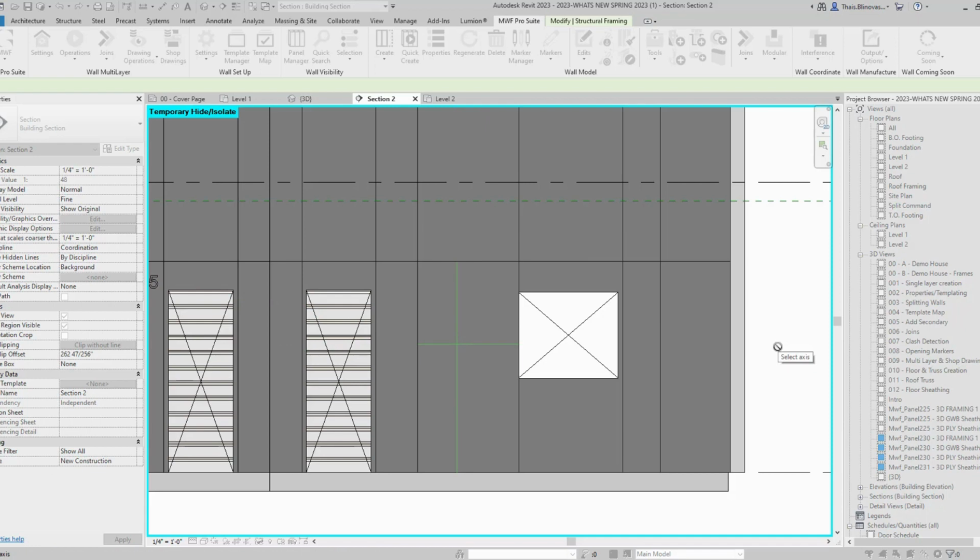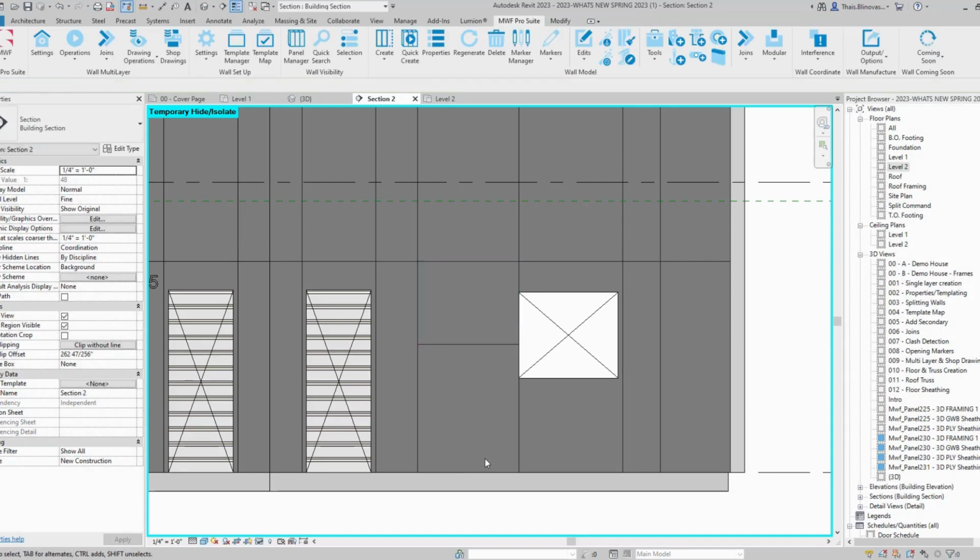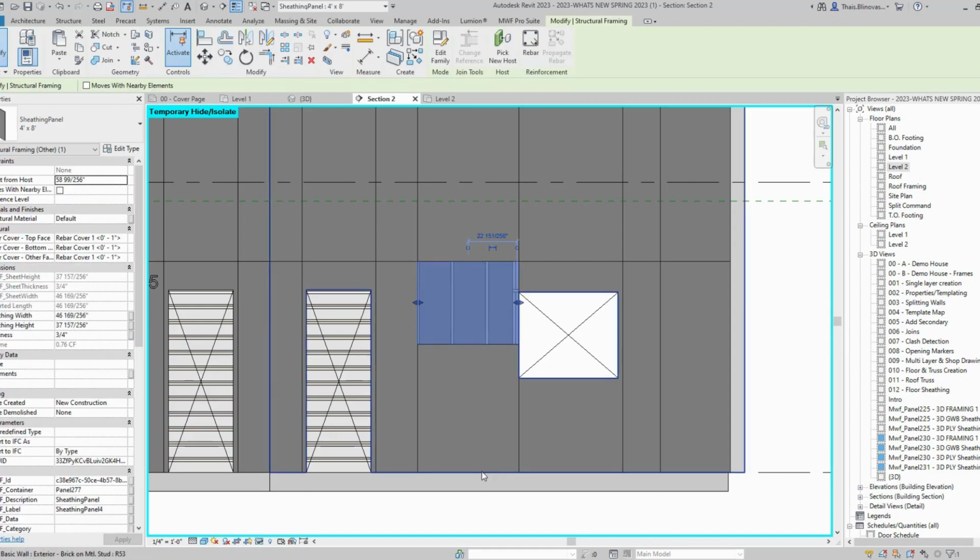So I have an X and Y axis, and it's going to ask me where I want to split. This is the orientation of the split. So I pick any point, and then I pick the orientation. I could also have some existing model lines to help me determine where exactly I need to click and the point that I need to select. So let's say I want to split this horizontally, so I'm going to split on the x-axis, and then you would have two separate boards. So it's very simple,